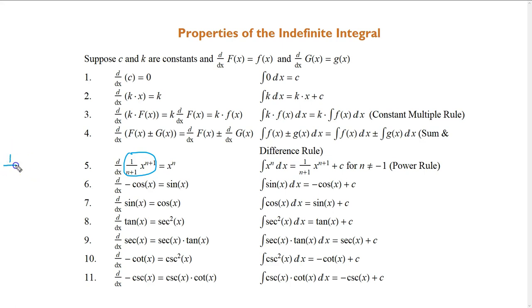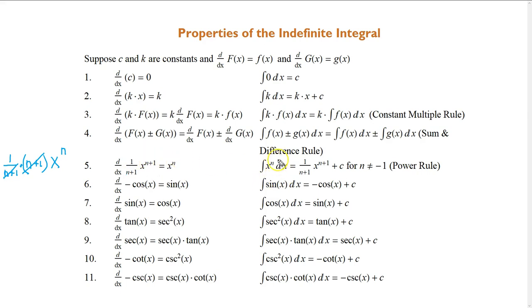you'd get 1 over n plus 1 times n plus 1 times x, and then you would subtract 1 from the exponent up here, so you would just get x to the nth power. And of course these cancel, and you get back x to the n. So because of this rule,